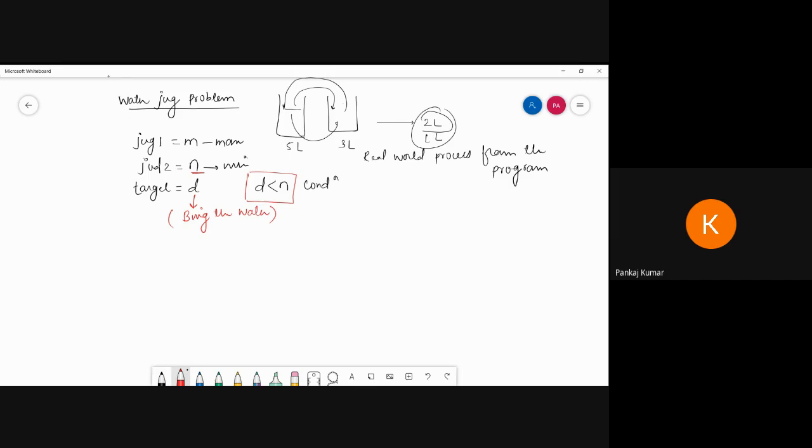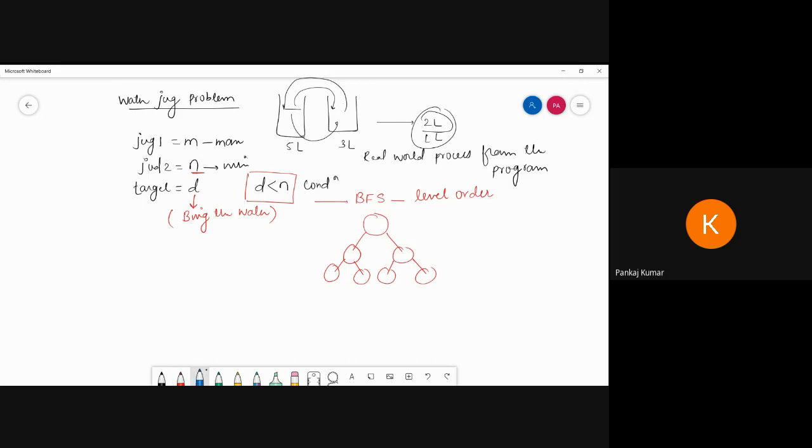Now here we are using the concept of BFS. That means this works in level order. So what is the meaning of level order? It means first it explores one state, then the next, then the next. Suppose this state is given like this. It may be possible like this. Do not misunderstand, this is not a tree.